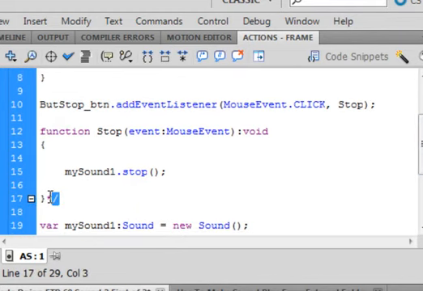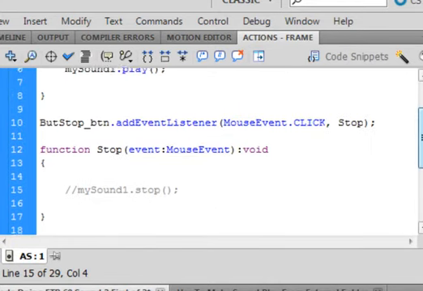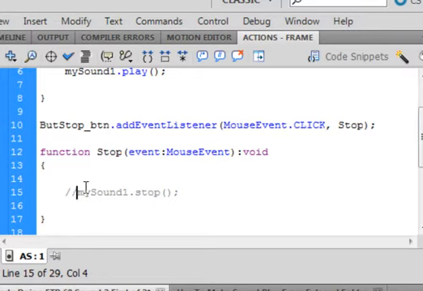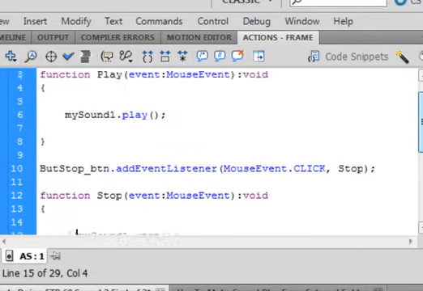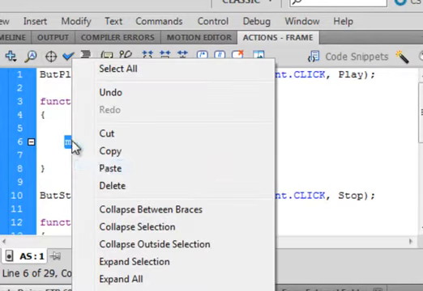Let's get rid of that, and let's put 2 forward slashes in front of this. So now, this is the stuff we just did. I still have my button stop, but I have it doing nothing, which is alright. And here, instead of this, type in this code. Type